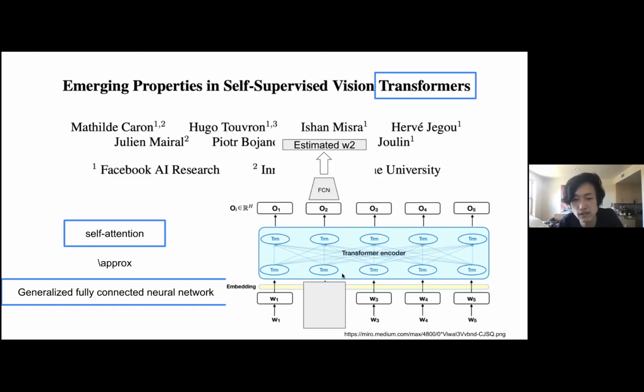What's kind of cool is that when you train this for something like large language models, we mask out one of the words, and then we look at the output, which is some embedding representation. We have a fully connected network as a head, which gets the softmax output, and we ask whether this is close to what the word actually was. What's cool here is that ordinarily, if we imagine this is just a regular fully connected network,